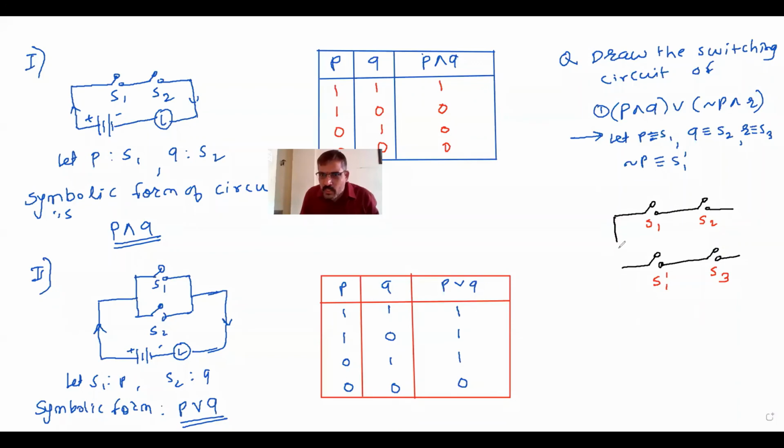Here we can join this to complete the circuit, whatever is given there. And now the circuit is complete. In order to run it, we need to connect the battery source of electricity. And after this, for checking whether current flows or not, a bulb is required to fit here. This is the direction of current flow. Like this, we can draw switching circuits very easily.